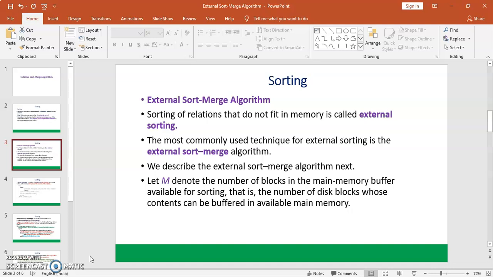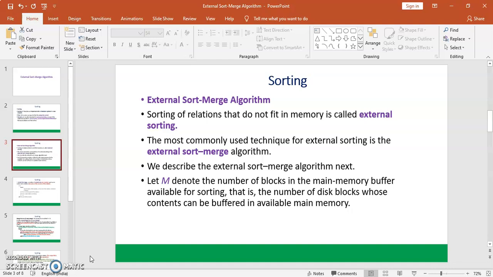Another speciality is that sorting of relations that do not fit in memory is called external sorting. That is why it has the name external sort merge algorithm. Here we can see that there is a main memory buffer available for sorting.